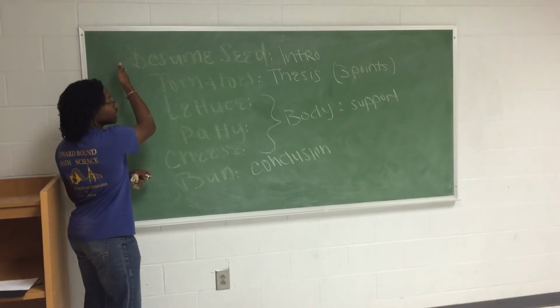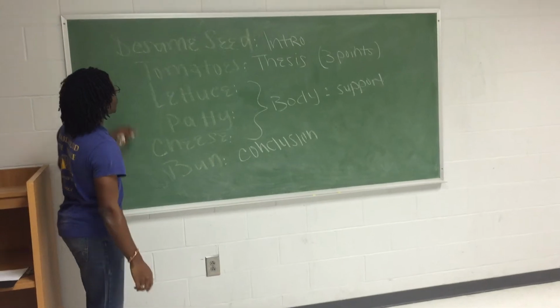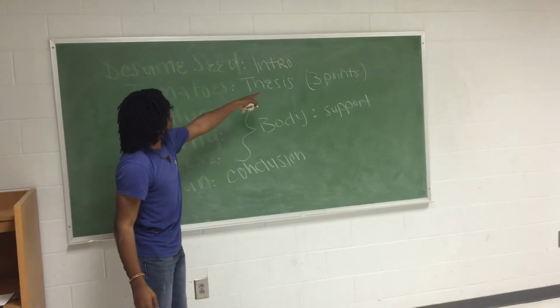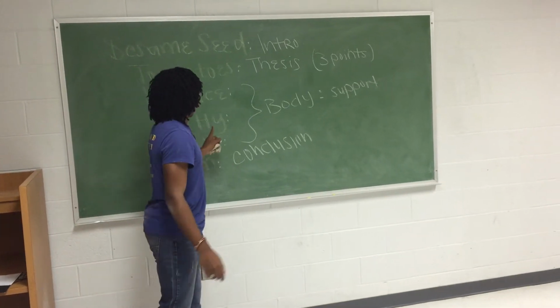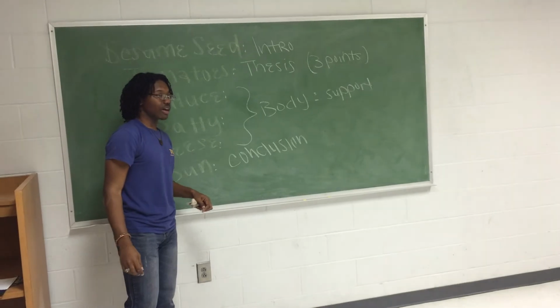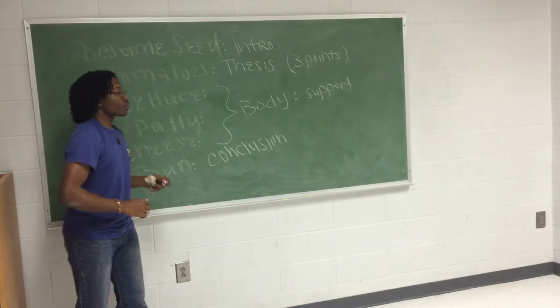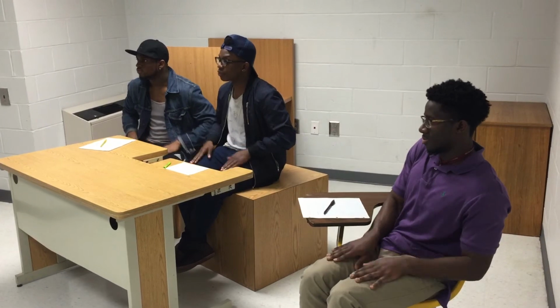So, anytime you need any help trying to figure out how to construct a perfect thesis, we use our jingle. Sesame bun, tomatoes, lettuce, patties, cheese, and the bun. And as we've already said, the sesame seeds represent the intro, the tomatoes represent our thesis, the lettuce, patty, and cheese represent our bodies, and the bun represents the conclusion. All right? So, one more time, we're going to try and do the jingle. You guys remember? All right. 5, 6, 7, 8. And sesame